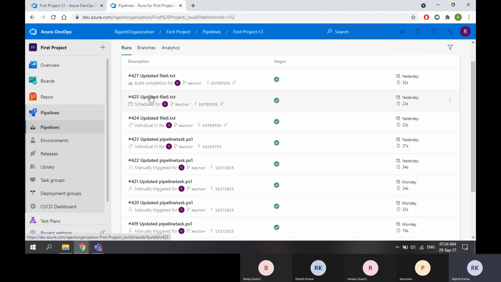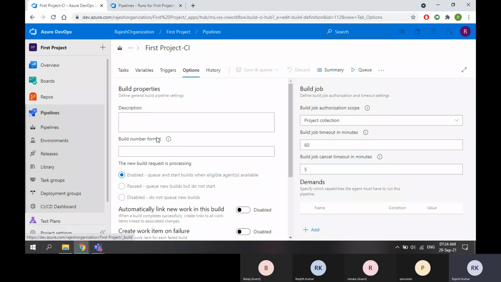So each and every build, even the source code is different. When you want to deploy something to your production environment or any other environment, you can select a specific build by giving these numbers, and you can deploy only the changes from that build. That is how you use a build number.